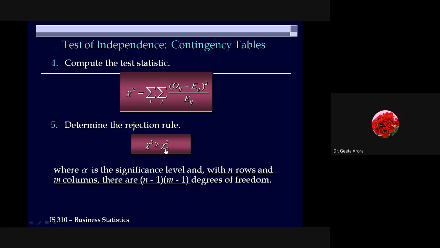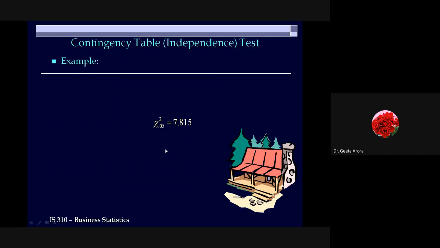Then we determine whether the null hypothesis is rejected or accepted. As we learned in the t-test, we have n minus 1 degrees of freedom with n values. Here we work with a table with n rows and m columns, so we have (n minus 1) times (m minus 1) degrees of freedom. For the t-test, we need the standard value at n minus 1 degrees of freedom. Here we go for the chi-square standard value at n minus 1, m minus 1, separated by a comma, to show that this is the degrees of freedom for the chi-square test at the particular level of significance.